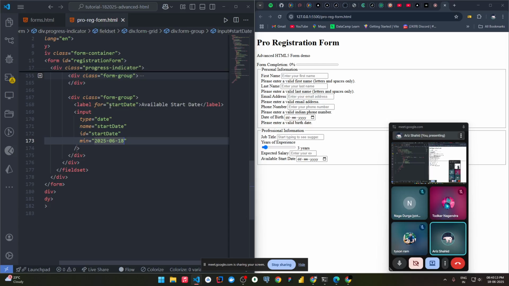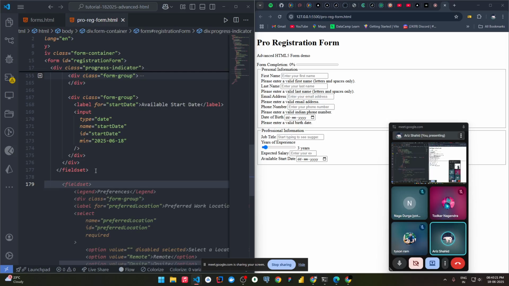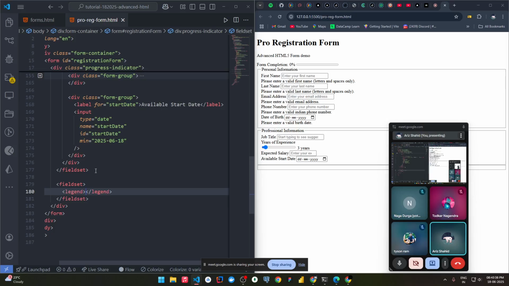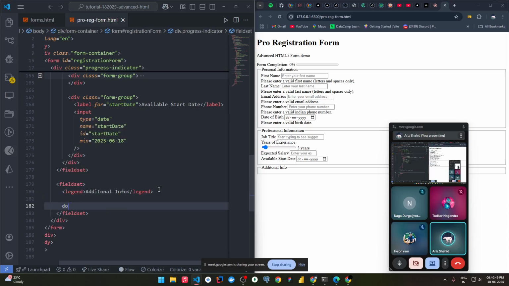So one more last thing is left, is the resume tag. Okay, for asking resume from the user. Okay, so how do we ask resume from the user? The resume is in PDF format or image format, right? So to ask that, we have legend, additional info. So in order to ask user their resume, we'll create a div first, div of form group,